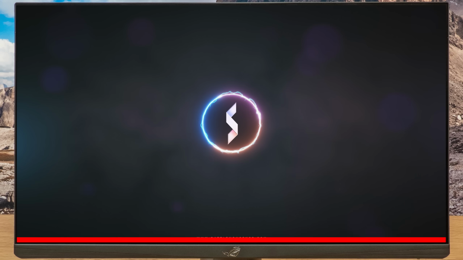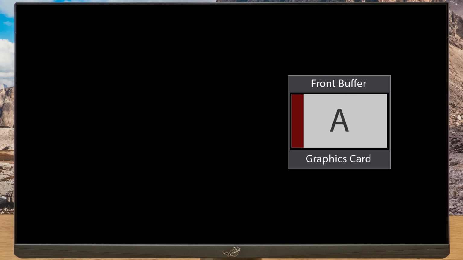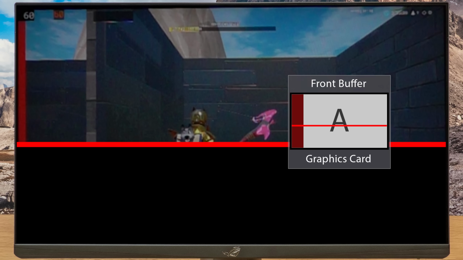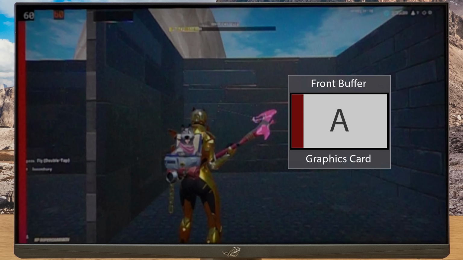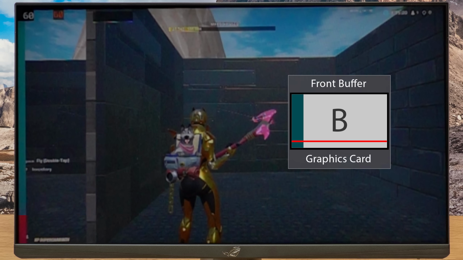When a refresh occurs, then the monitor does not instantly update all its pixels to display a new image. During a refresh, the display gets updated line by line. That image comes from the front buffer of your graphics card. When the monitor starts a refresh, then it scans the front buffer line by line and updates the pixels on the display. Then the next image enters the front buffer, a new scan out happens, and so on and so forth.